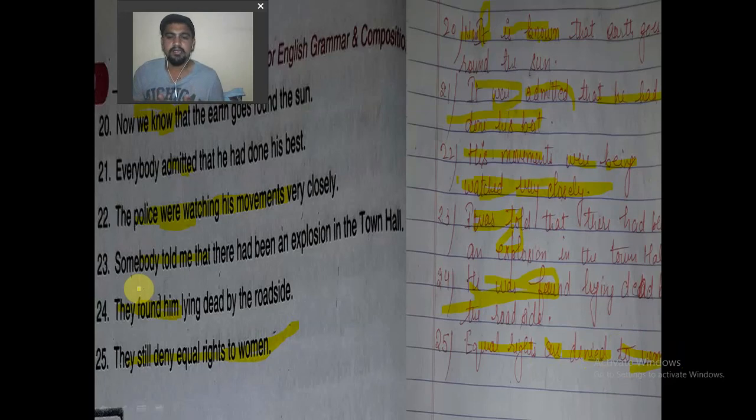I think most probably all the answers are clear to you. One or two answers were written wrongly, but I explained them rightly by writing on the notepad. So be careful, be watchful for the same. Okay, remember that there are a few things that you need to remember. First is there are two kinds of object. What are those two kinds of object? One is a direct object, and one is indirect.